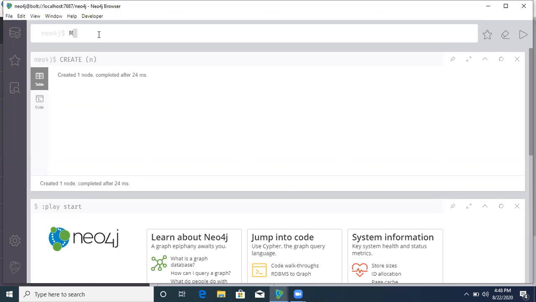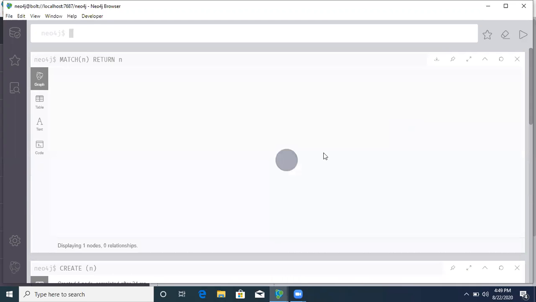How to view this created node? For that you need to type match (n) return n, and click on play, so that the node is created and you can view that node.